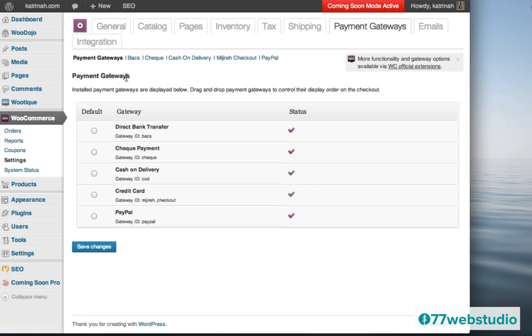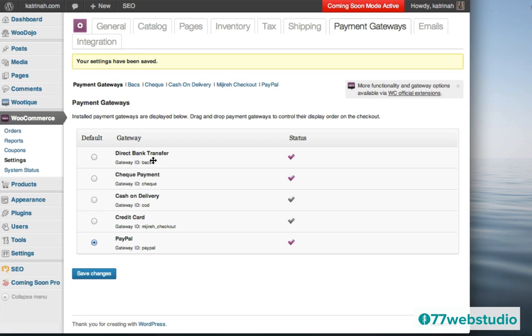And here you see that there's a number of different payment gateways that you can choose as a way to get paid. So I'm going to use, let's see, PayPal right now. You see there's lots of different options. You can have direct bank transfer, check payment, cash on delivery, credit card, or PayPal. So I'm just going to use PayPal. Also notice once again that everything in purple is actually enabled. So we need to disable the ones we're not going to use and just make sure that the one we're using is enabled. So I'm going to just click on PayPal and click on Save Changes.